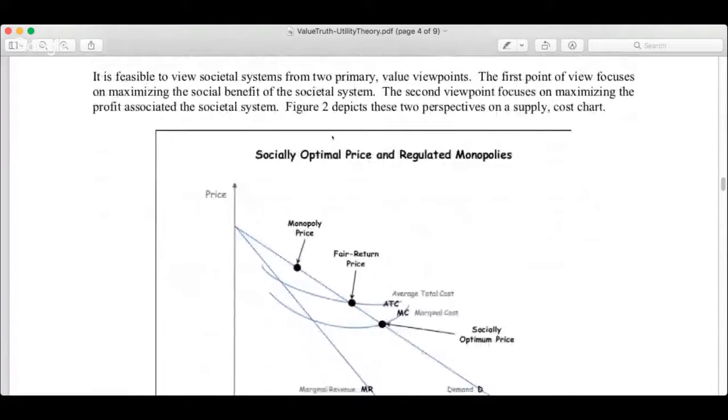And then, along with utility theory and value, they brought in the idea of regulated monopolies. And regulated monopolies are sometimes called utilities. So there's a little bit of overloading of the term utility here. But what we're